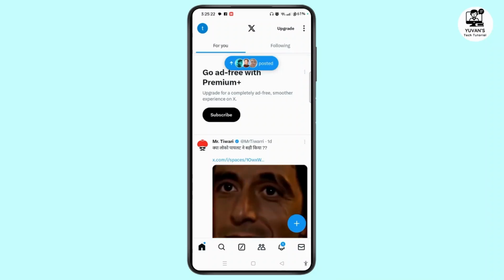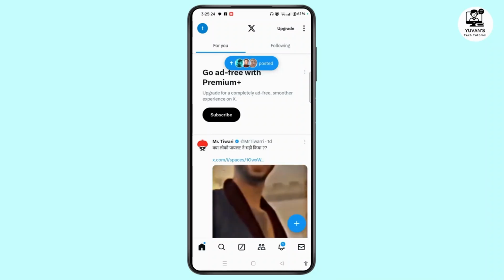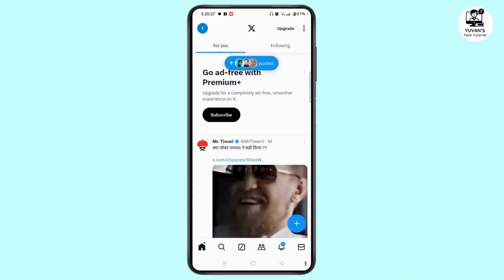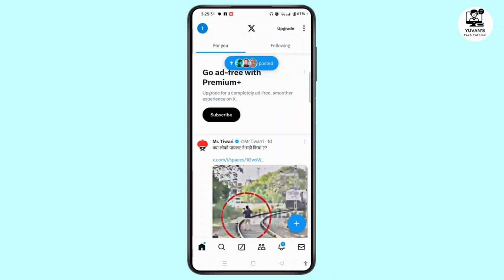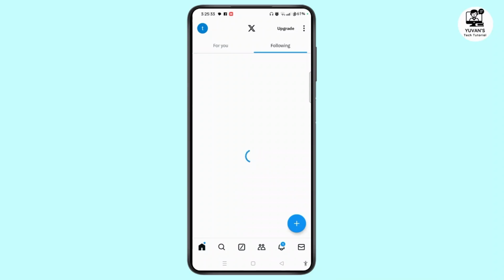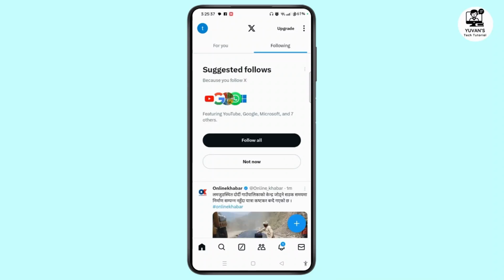At the top you can easily get access to the For You section, which is the feed which will feature the trending posts, whereas on the other side, the Following is the feed which will feature the posts and reposts